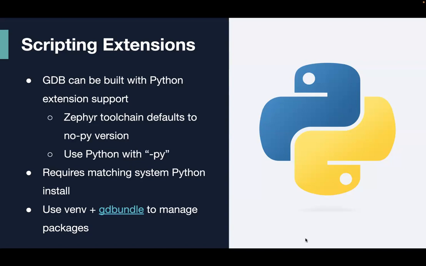A couple things that I want to highlight here is that you should be using the -pi suffix of the Zephyr toolchain when you're using the GDB client. This version of it includes the Python extension support. If you use the NoPy version, which is the default, you'll get an error message that it can't support the